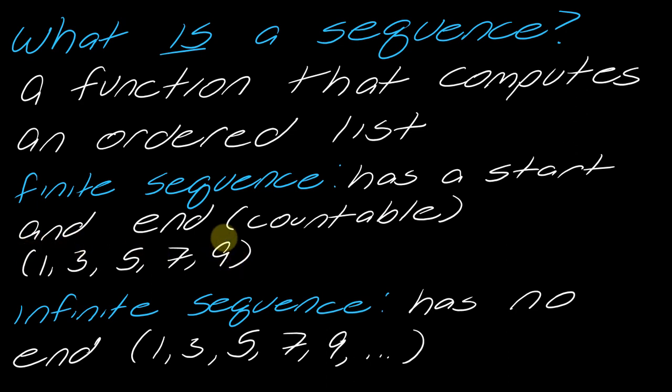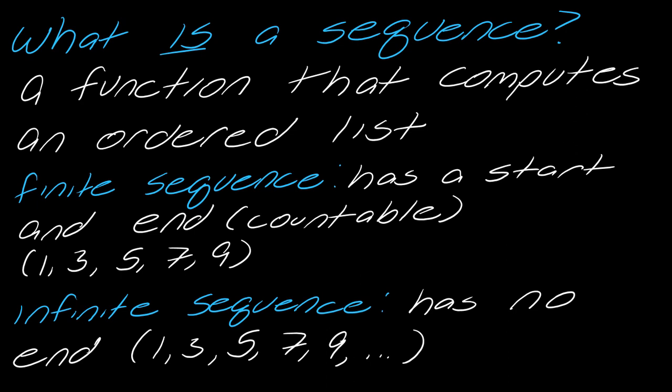Now, there's also what's known as an infinite sequence, and it has no end. So, a very similar example with a slight twist: 1, 3, 5, 7, 9, ... Now, when you see the ..., that means that the pattern just continues infinitely. So you know that you're dealing with a finite sequence when you see no ..., versus an infinite sequence. Okay, so